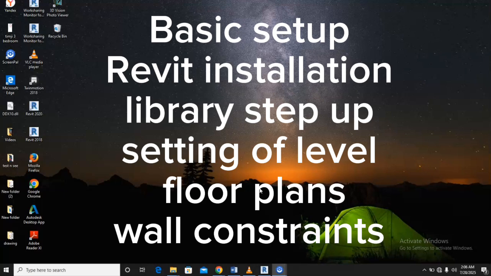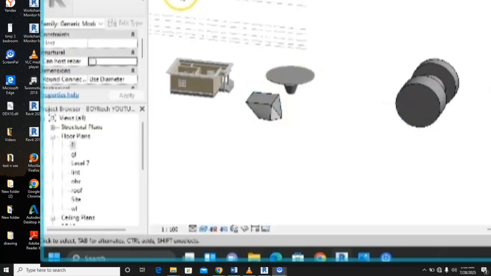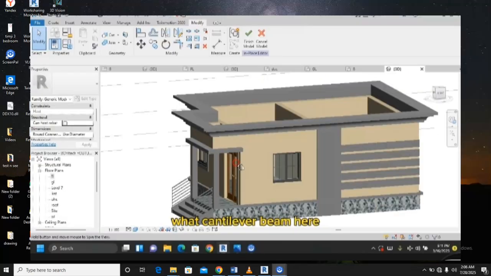We also talked about levels, how to draw your floor plans, editing the walls, setting some constraints, and so on. And also we talked about generic models, where we can do some aesthetic